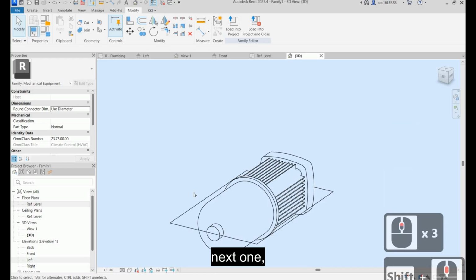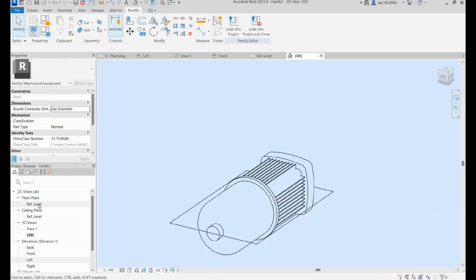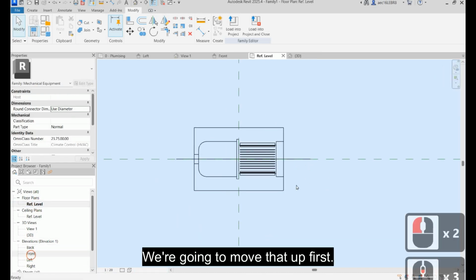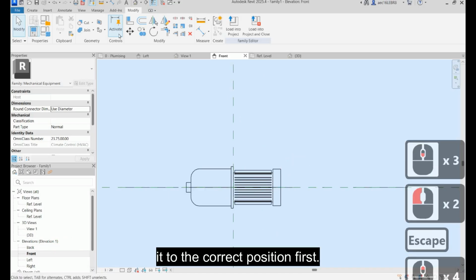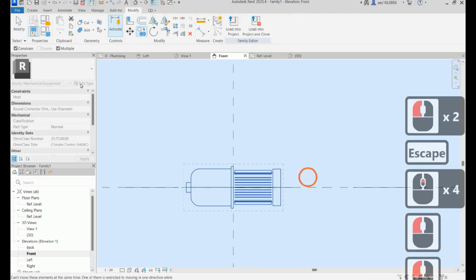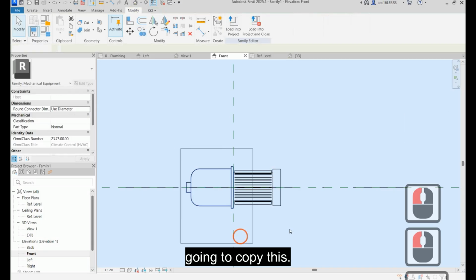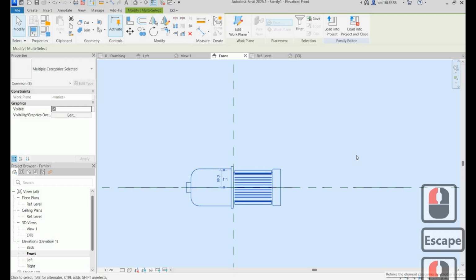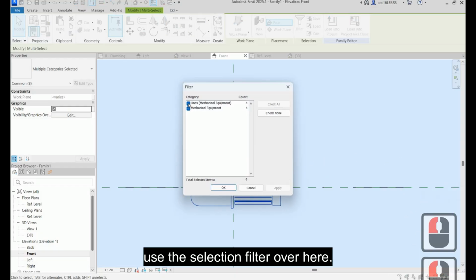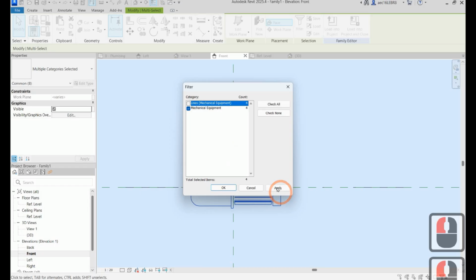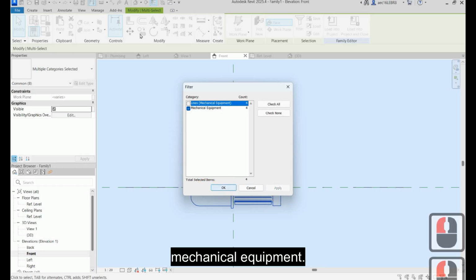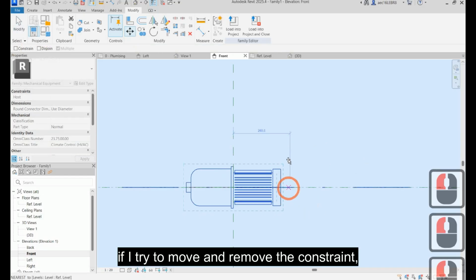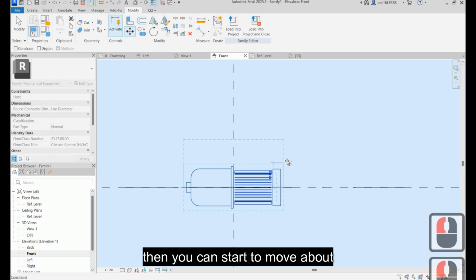So next one, we're going to move that up first. Okay, move it to the correct position first. Like we're going to copy this. Okay, you can try to move, yeah, but use the selection filter over here. I don't want to move the lines. I just want to move this mechanical equipment. So move. If I try to move and remove the constraint, then you can start to move about